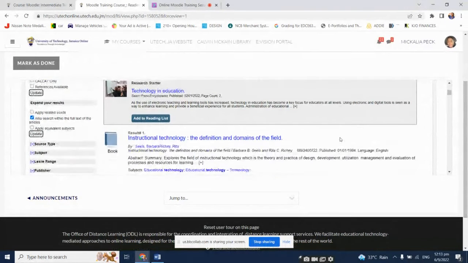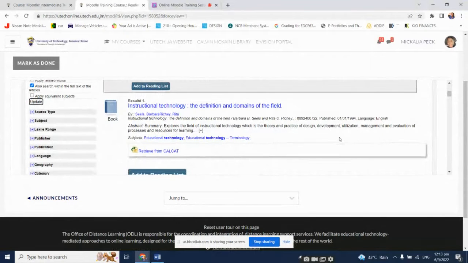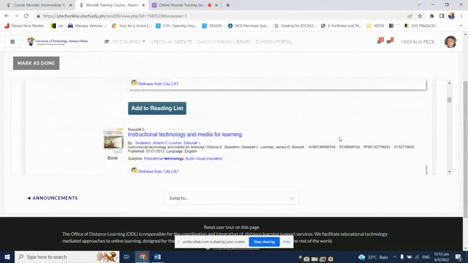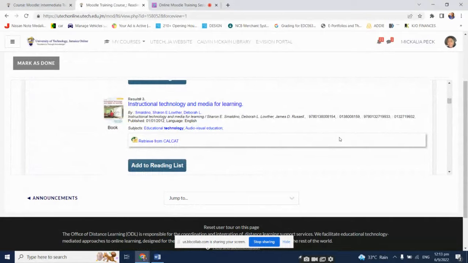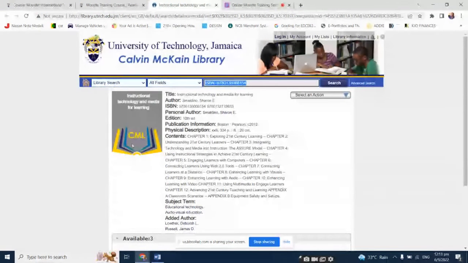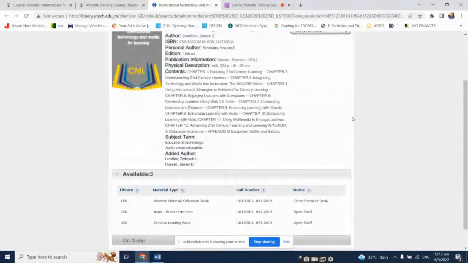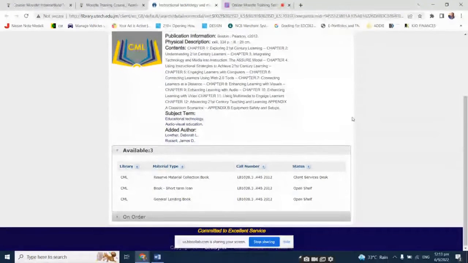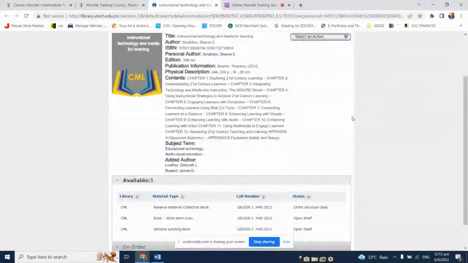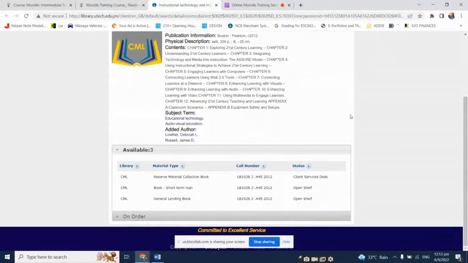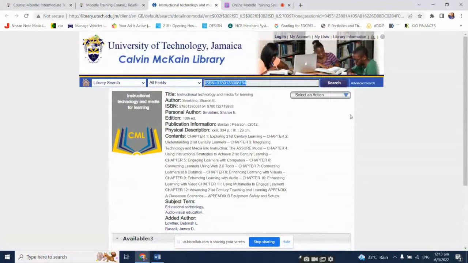Okay, and you just scroll down and you'll be able to see what the different resources are. So let's say I wanted this book here for my students. It says Instructional Technology and Media for Learning. I'm going to click on retrieve from CalCut. Okay, and when I scroll down it says available 3. Sometimes I must tell you, when you click on the books, you might not see a way in which you can actually get